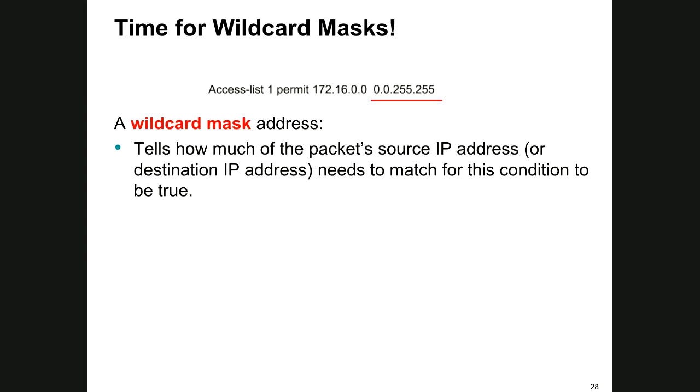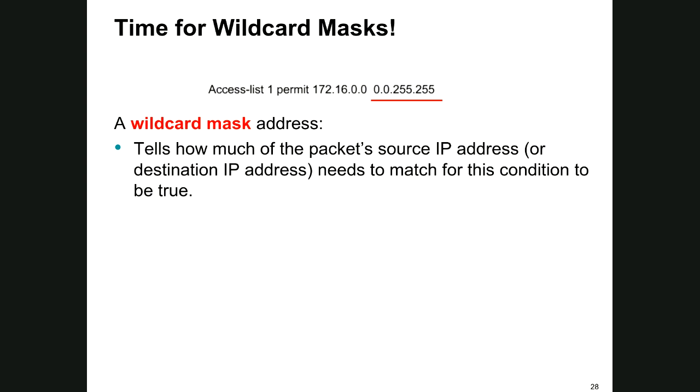Now, let's look at wildcard masks. A wildcard mask is a little bit different from a subnet mask. It's kind of a mirror image or a backwards subnet mask. So if you look at the network 172.16, that's what in the classical world we would call a class B address. And the default subnet mask for 172.16.0.0 is